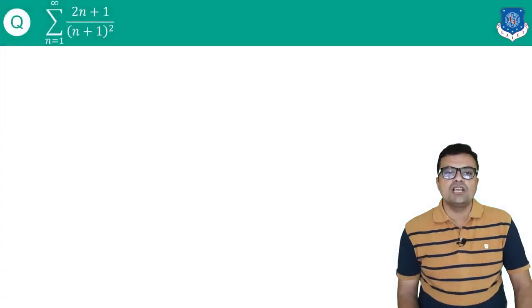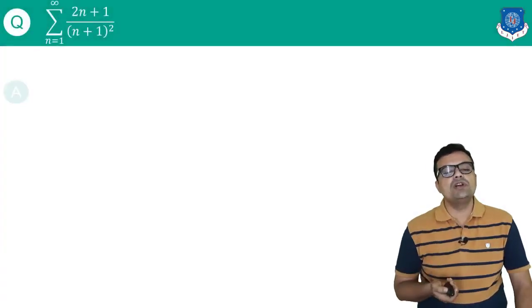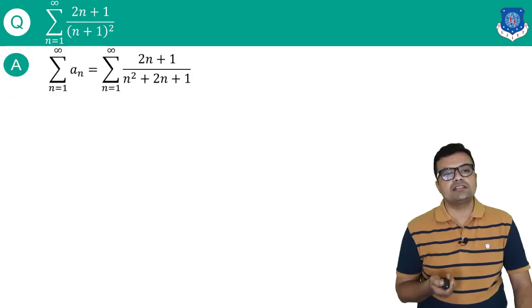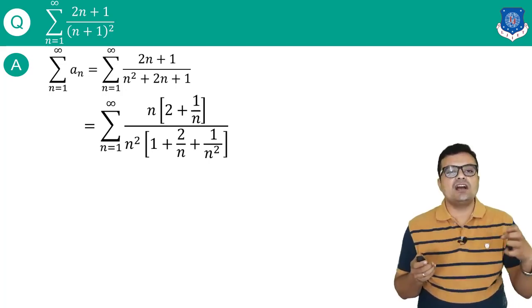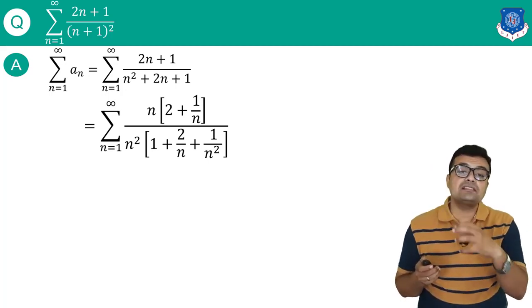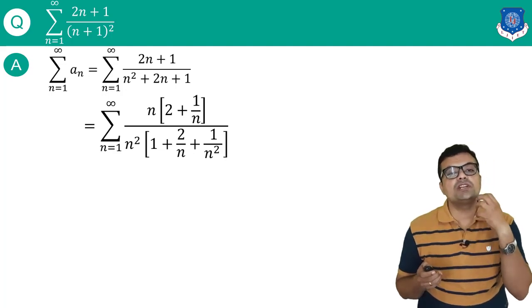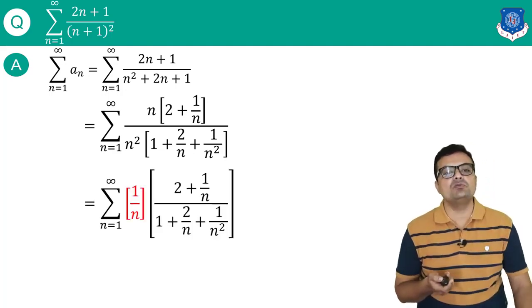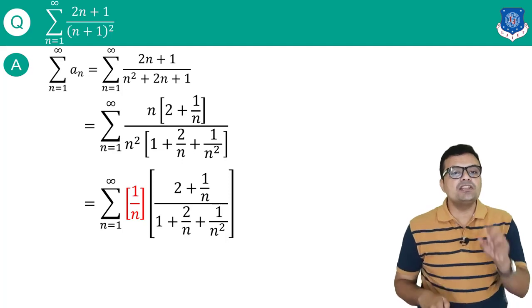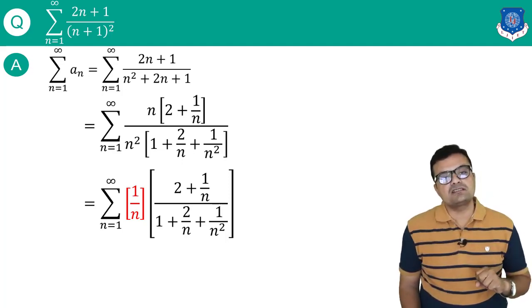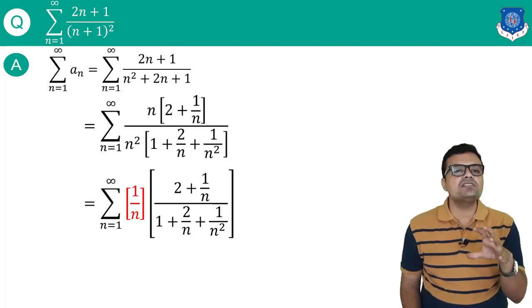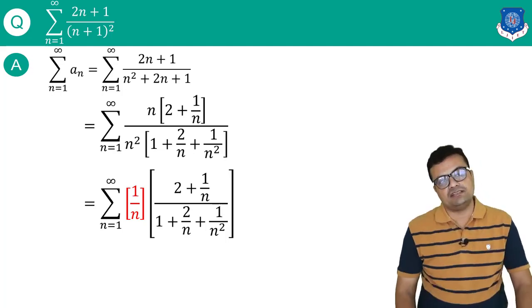Now let us move towards one example. If I take the summation of (2n plus 1) upon (n plus 1) whole square, I can see clearly here by expanding the denominator, I am taking the maximum value of n from the numerator, the maximum value of n from the denominator. Now simplify it, it gives you 1 upon n. This 1 upon n is a very crucial term in this simplification. It gives you a part which is actually dominating the whole series.